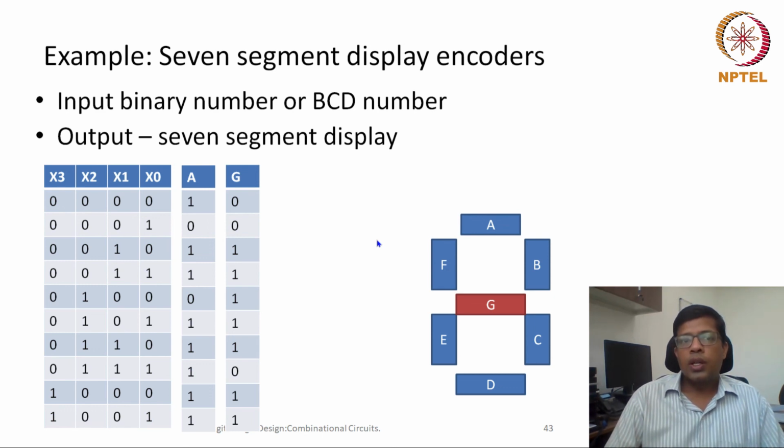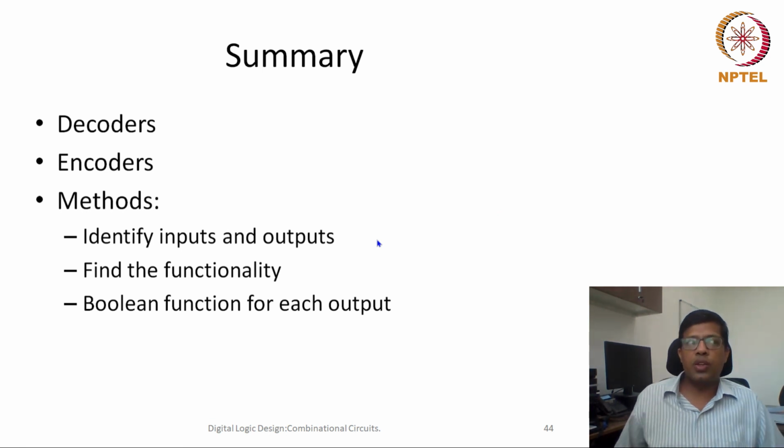Okay, so in summary, today we have seen some variations about how decoders are designed, how decoders are used for hierarchical design, and how the enable input can make a decoder work like a demultiplexer. We have also seen how a decoder can be used to design any generic circuit with the help of an AND gate or an OR gate.